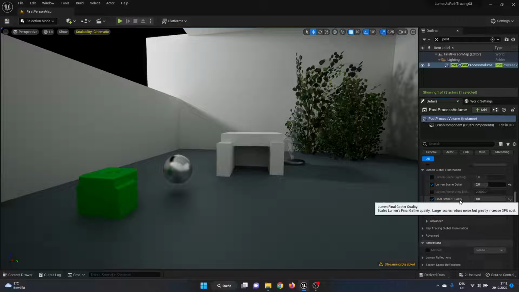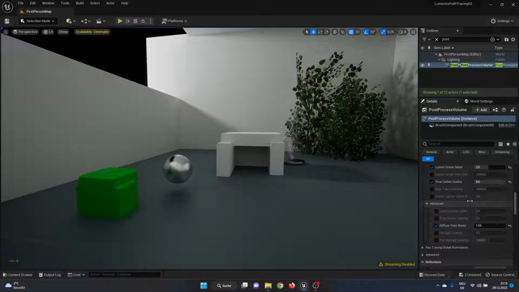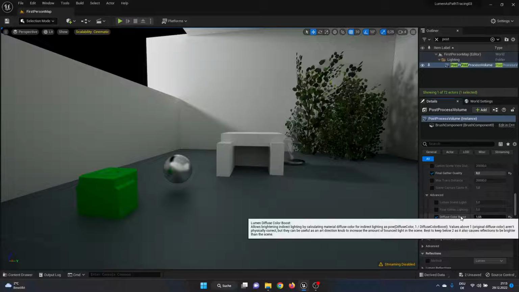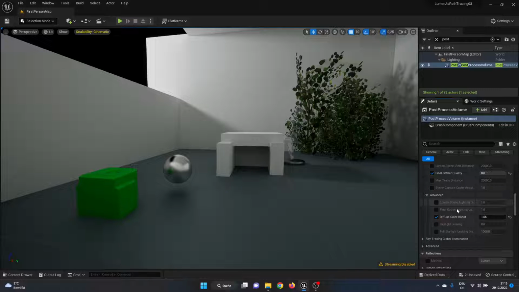Final gather quality, I went nuts with this. I just took 8 because why not? Highest quality, whatever. Then we have the advanced stuff, and this is, as you can already see, something very interesting in the new version. First of all, we have the update speeds, which is just how quickly the cache refreshes and stuff like that. We already had that in the older version of Unreal, but now we got a little parameter called